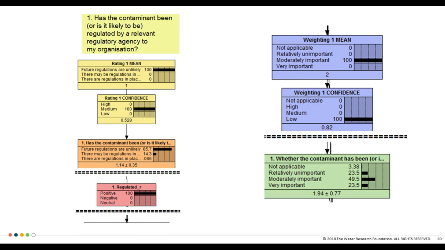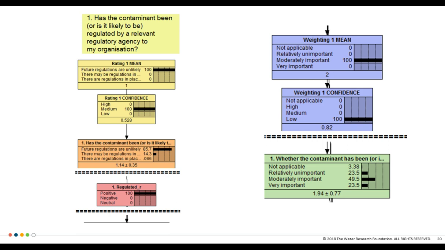And then there's the question of confidence. How confident are we that we've selected the right answer there? Were people in the room in a workshop environment of mixed opinion regarding what the correct weighting would be, or is this something that we were very sure about? So in this example, the decision maker has selected that we have a medium confidence. When you look at what that does to the result in the orange box there,